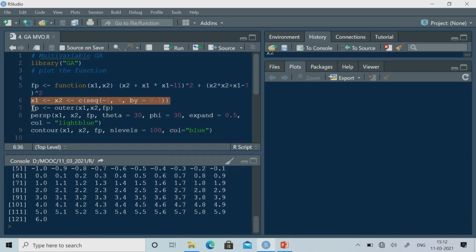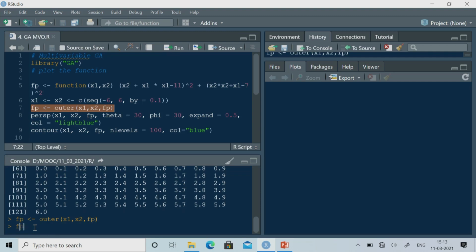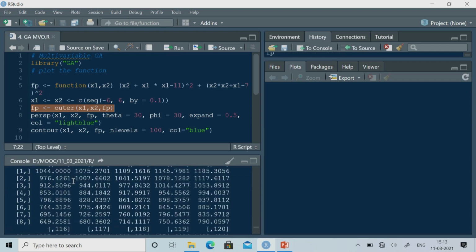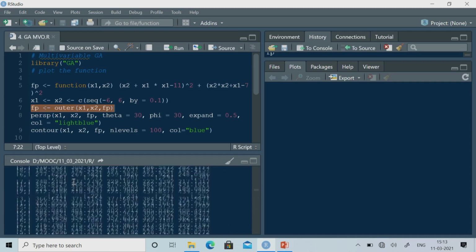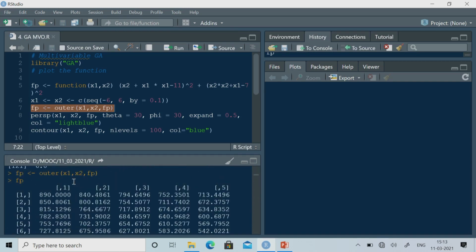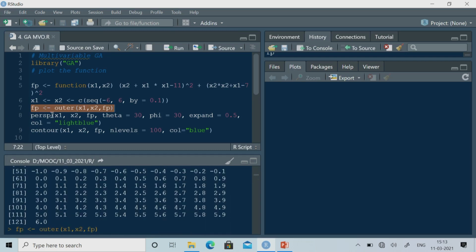Now I would like to find the function value at each grid point. For that I am using the outer function. So, this is outer, with x1 and x2, and the fp function is taken, and it will calculate the function value at each grid point. Now let me execute this one. You can see this is the fp result. It is not showing all these points, but you are getting the function value at each grid point. Suppose this is 1 1, then 2 2, then 3 3, like that, 1 1, 1 2, 1 3, something like that. So, you are getting the function value at each grid point, and then to plot this function